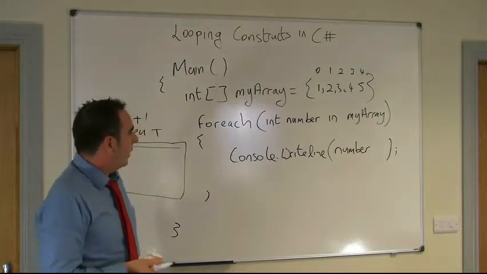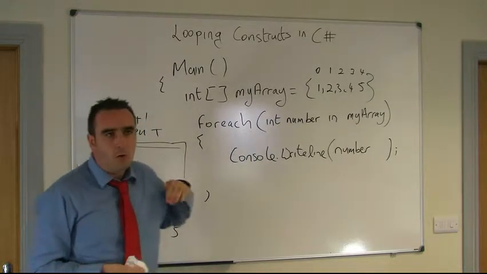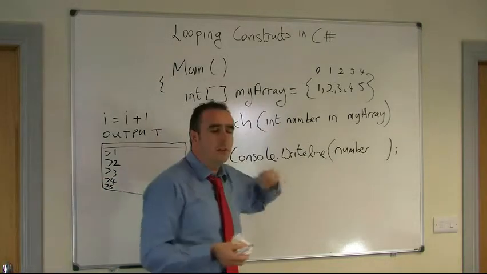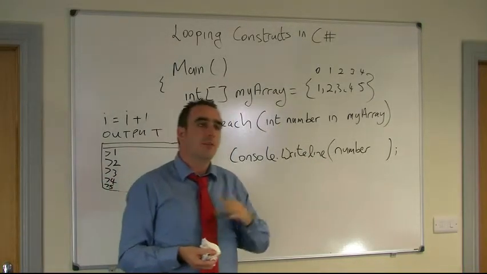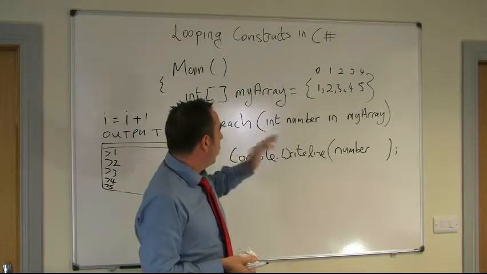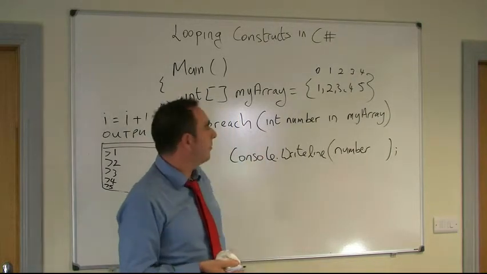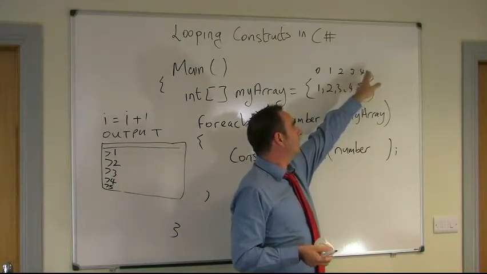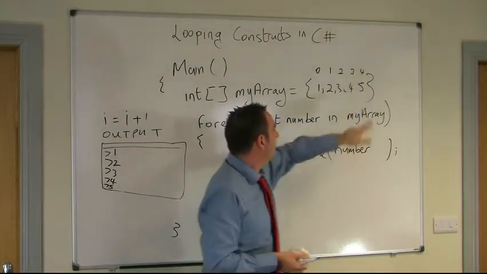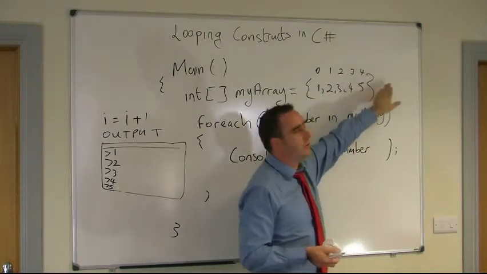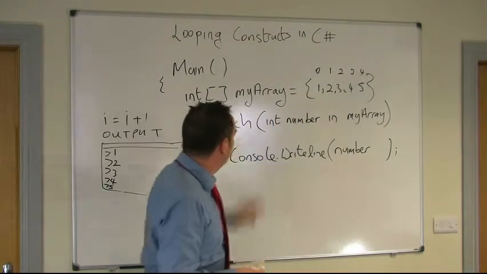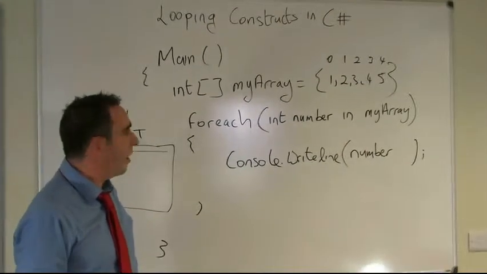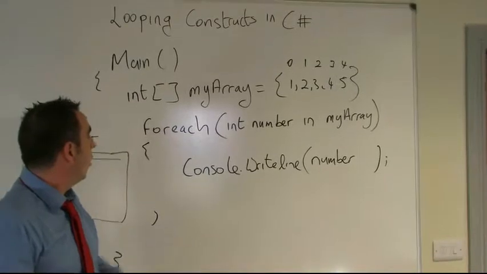Okay. So one thing I didn't mention with the other for loop, and I meant to mention it, was that the condition was very important. If we had set the condition wrong there, we could have had an array out of bounds error in the previous example. So if we had set it less than 6, then we would have tried to access a position outside the array and we would have got an error, okay? But with this construct here, that's not going to happen because it's actually smart enough to take care of that